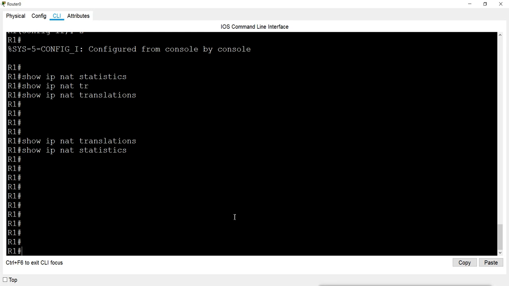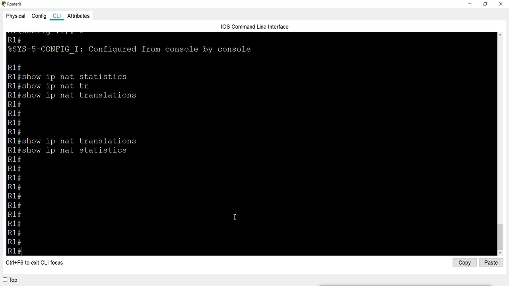So what we do here is use an access list. For dynamic configuration, what do we need? An access list. The feature of an access list is to allow or deny somebody. For dynamic configuration you have to have the access list first.